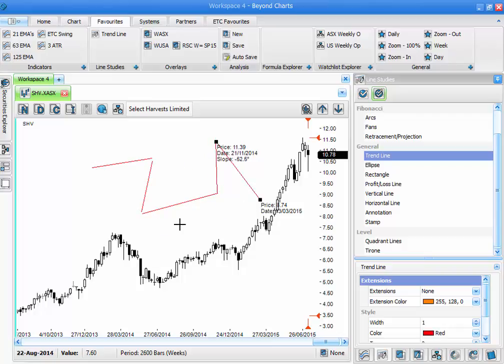Okay, so if your intention is to draw multiple lines or to use this tool a number of times, it's certainly a lot easier to have that multi-draw on the trend line. So I'll just right click and clear that. Some of the other items that are good to have in our